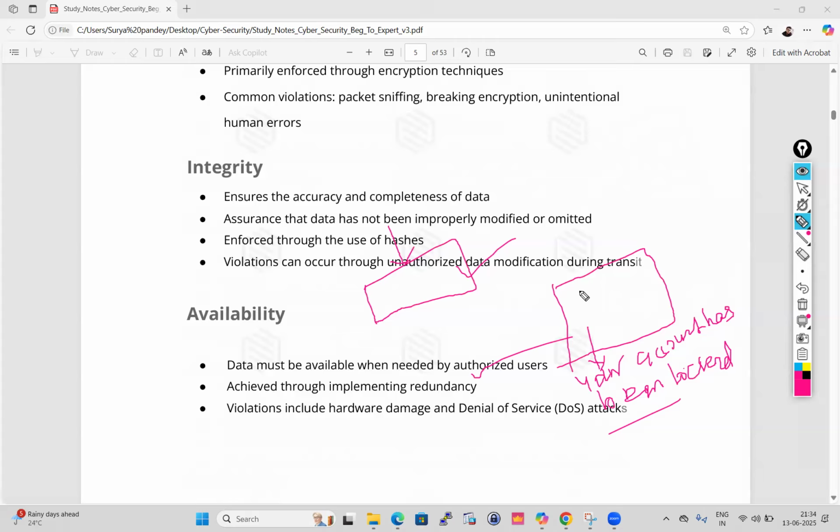Okay, for examples, there are 10 peoples, so I'm sending data to all 10 peoples. So we should be aware, okay, so 10 people is authorized users to access that data. So 10 बंदे को ही access है to get that resources. That is called availability. Okay. So data must be available when needed by authorized users. मैंने आपको एक लैपटॉप का एग्जांपल देकर बता दिया. Achieved through implementing redundancy. Okay. Violation include hardware damage and denial of service. Okay. So this is about